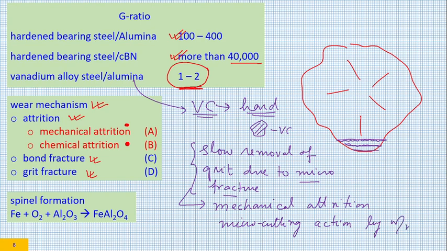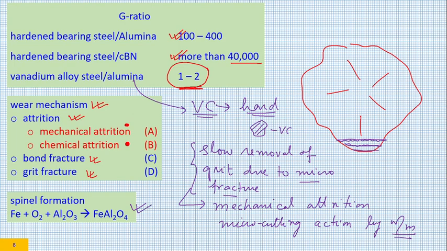by work material. Now you might think, would it happen in case of soft work material? No. This micro cutting action of mechanical attrition would only become valid when your grit is conventional grit and you are grinding a steel or an alloy which has very hard particles. In case of vanadium steel, there would be vanadium carbides which are extremely hard, and they would be able to micro cut your alumina.